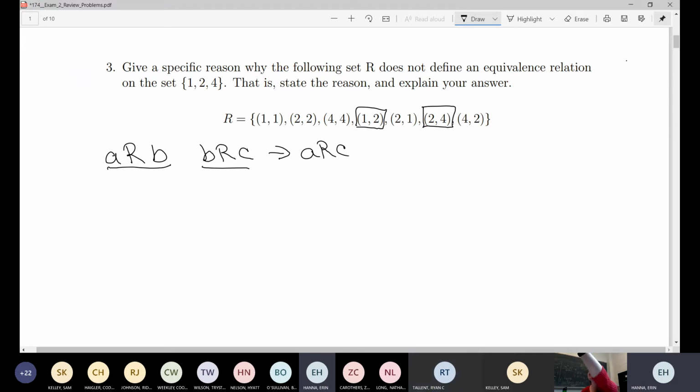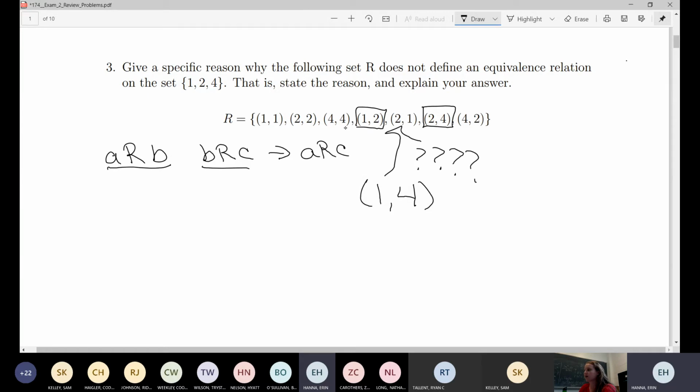transitivity. Because we have those two, for this to be transitive, we would need the third. In the lecture, we never actually had that pattern of A relates to B and B relates to C. We didn't have those two appearing, but here we do have one case where that appears, where 1 is related to 2 and 2 is related to 4. But that would mean I would want 1 is related to 4 in here somewhere,